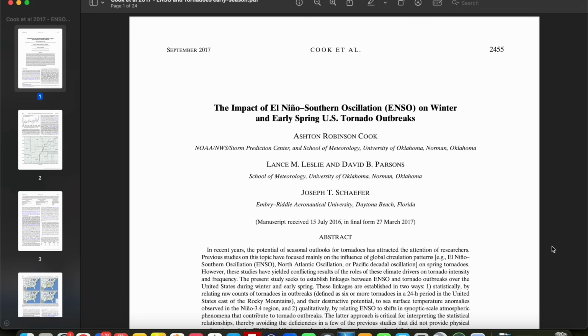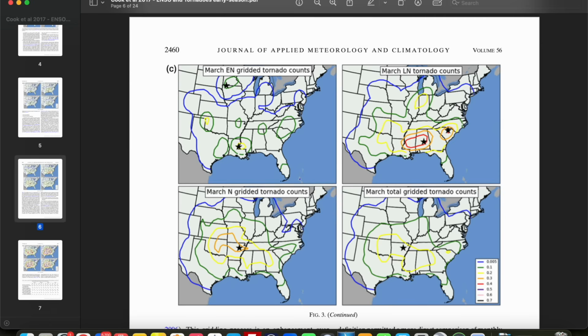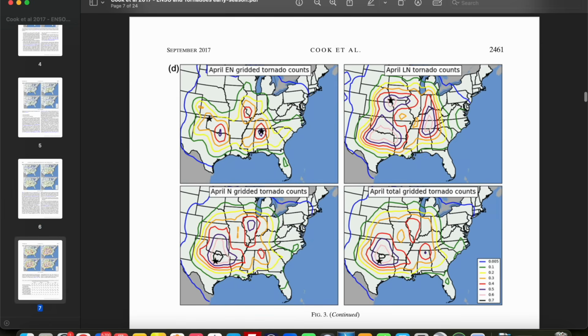These ideas have been supported by ample peer-reviewed research, including this paper by Cook et al. 2017, who tried to find a linkage between ENSO phase and U.S. tornado outbreaks in the winter and early spring, basically January through April. Let's take a look at their figure 3C and D, which show normalized tornado counts for both March and April